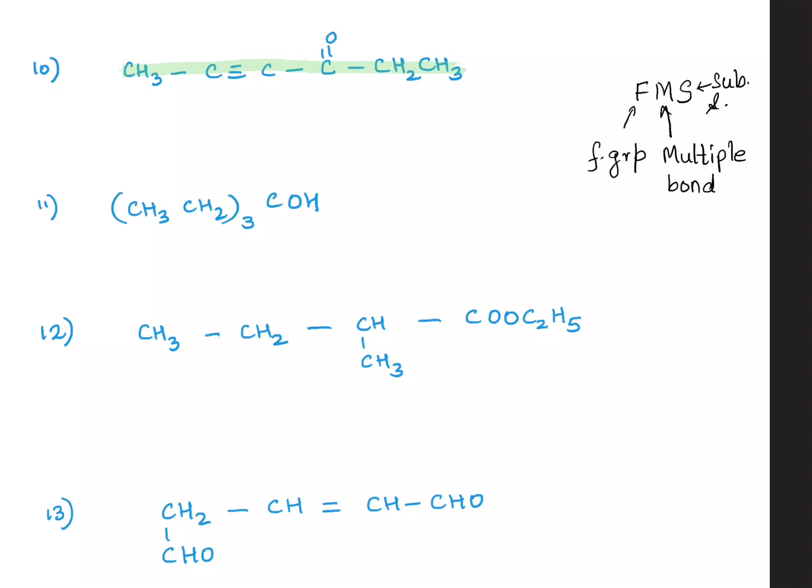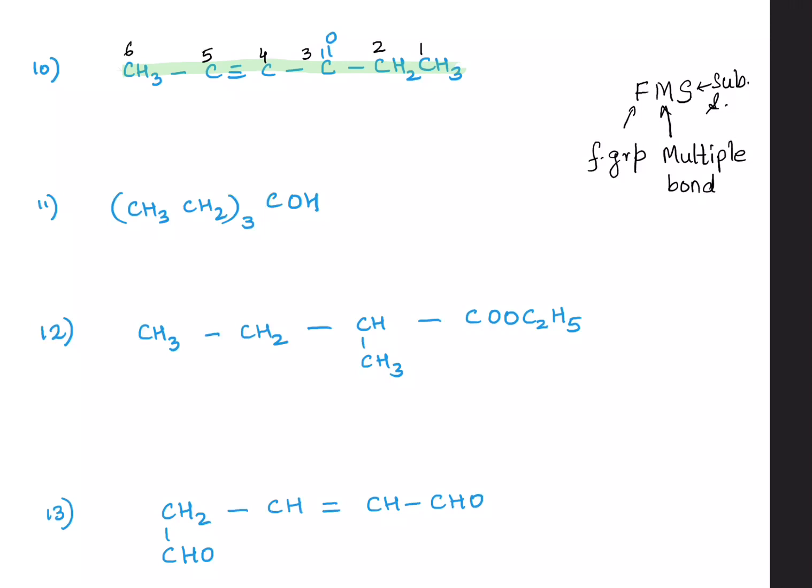So according to this, I will start numbering from the right hand side. So 1, 2, 3, 4, 5 and 6. Many a times the students ignore this carbon. Please don't forget this carbon atom. Now rest is your prefix, word root and of course the suffix. Is there any prefix here? We don't have any side groups.